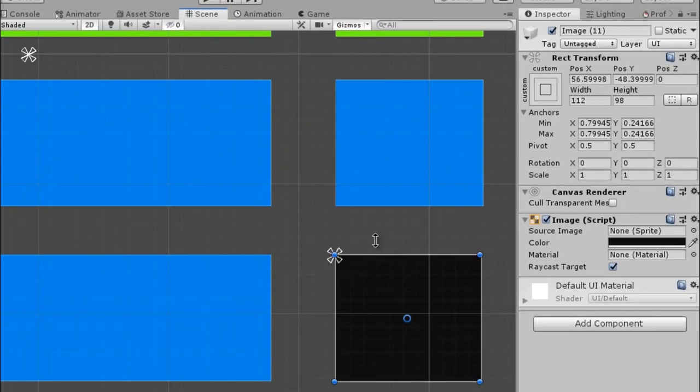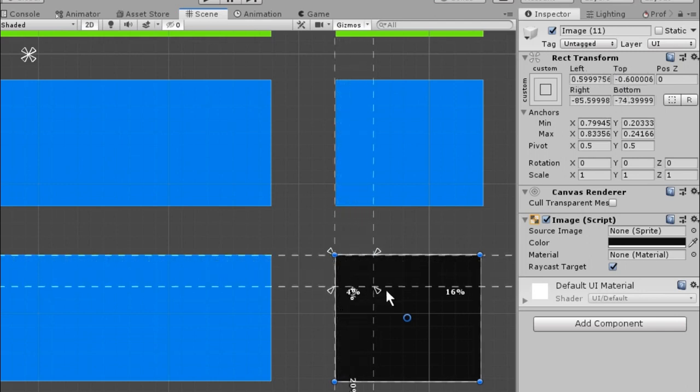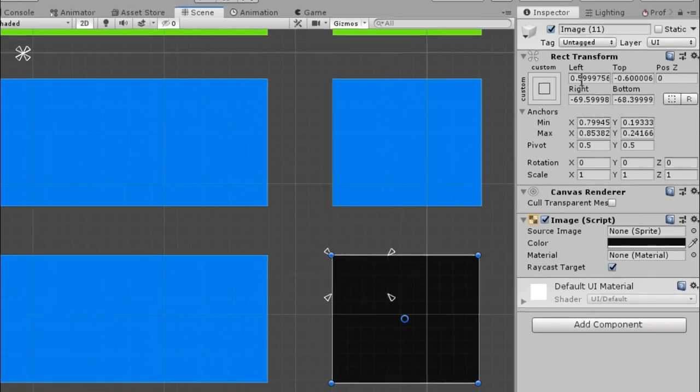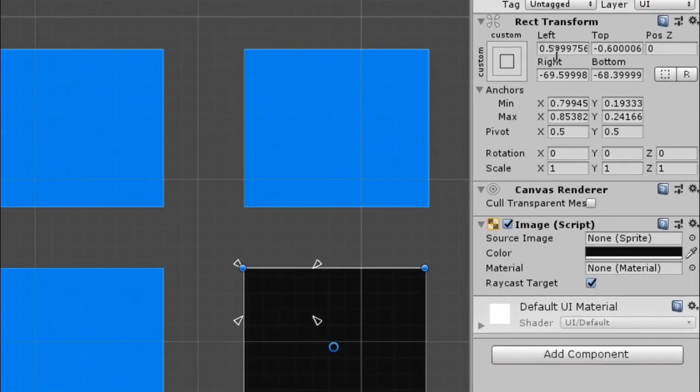When I separate them, you will see the values change. So let's do that. Now when the anchors are separated and not joined together, this distance will tell you